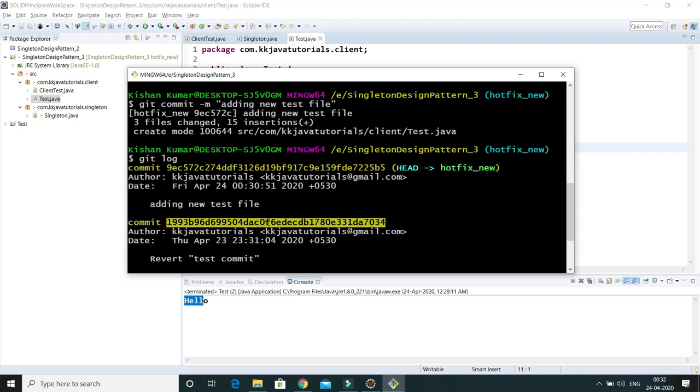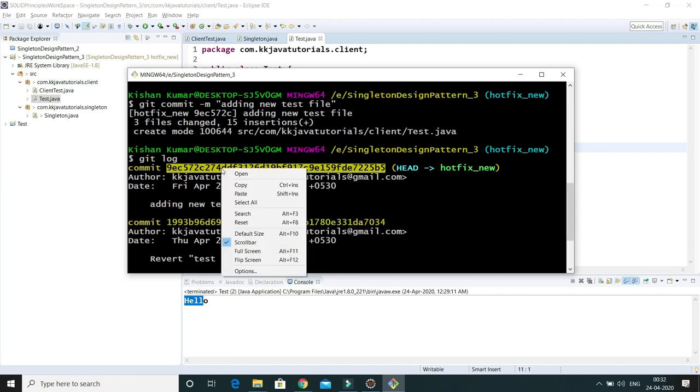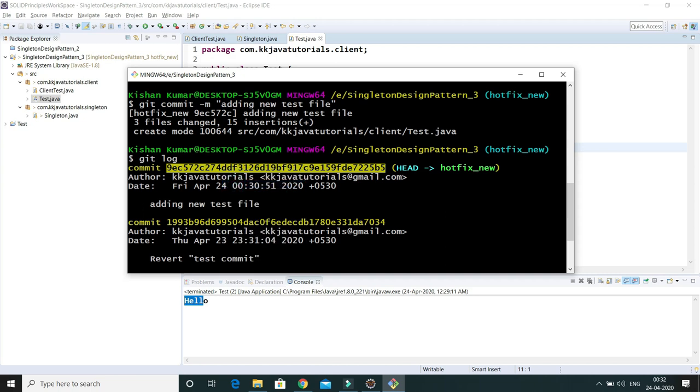If you use it, whatever you have committed after this commit ID will all be reverted. But I am going to use the commit ID which is our latest committed stuff.